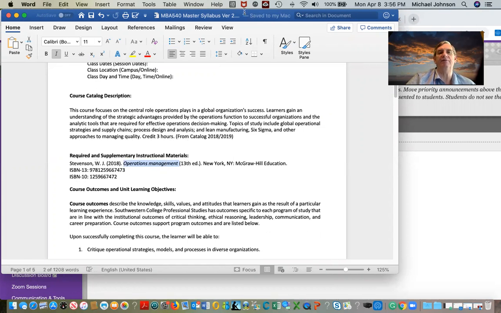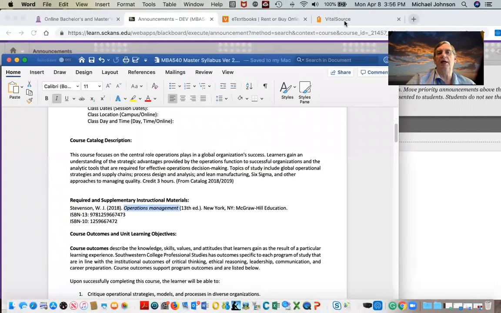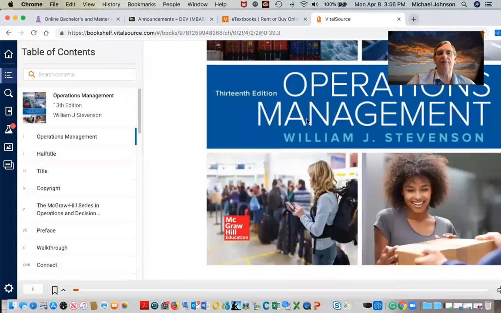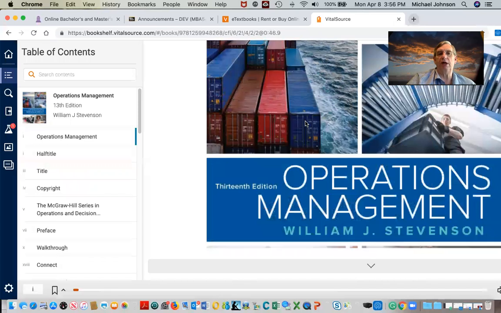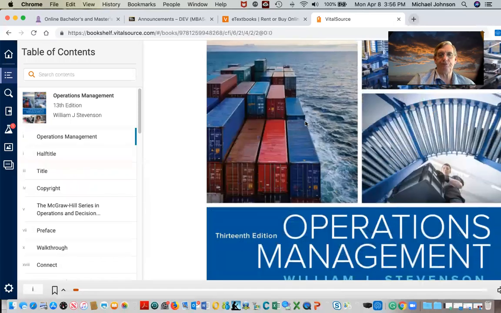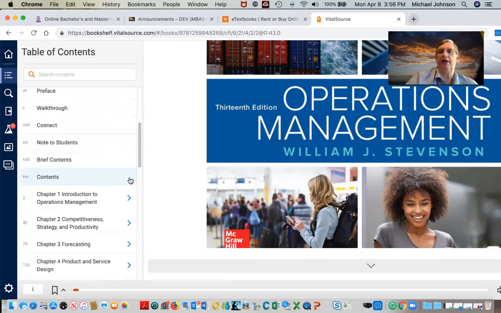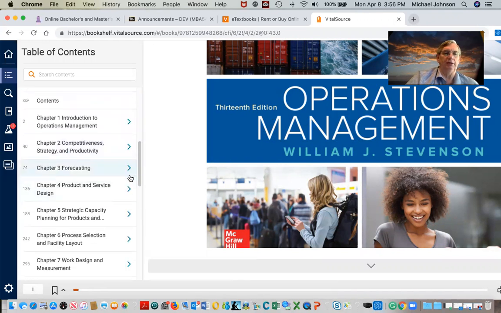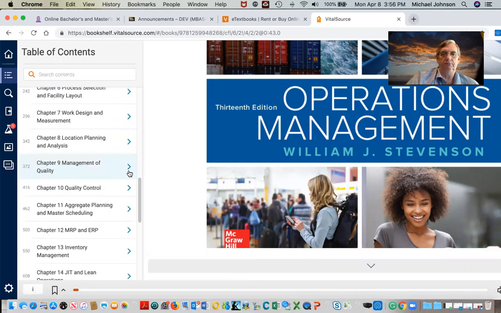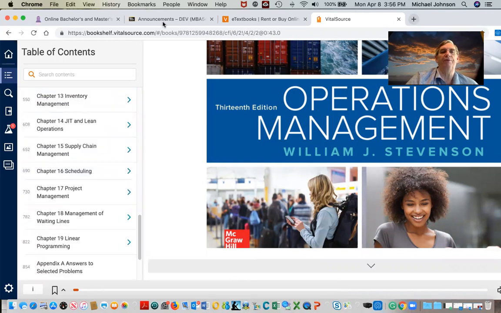I think you'll find it a very good textbook. It looks like this in Vital Source. That's where I have access to the book. And it's a 2018 textbook, so I'm glad that we have a very current textbook. I think it has some very current examples to use in the course for you.